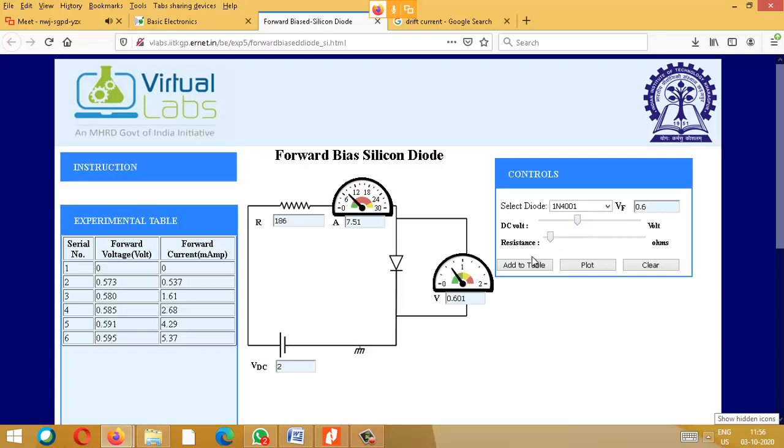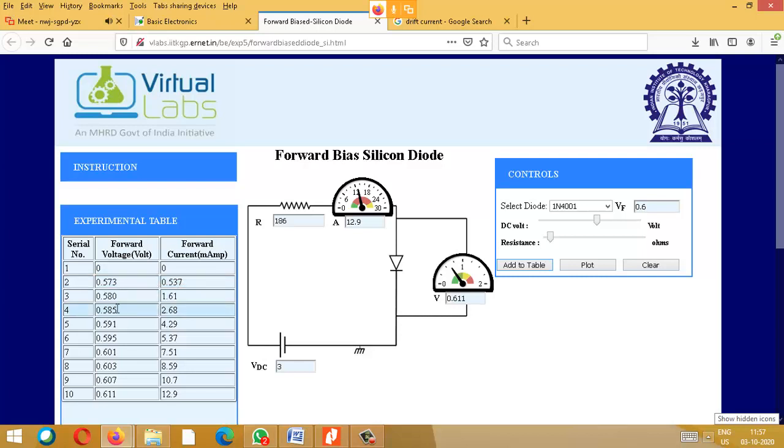I am doing this just to plot the graph. We have to plot the graph for our experiment, so gradually increase your input side voltage. You can visualize it: it started with output current as 0, then till it crosses around 0.5. Beyond that it has started, and this is a very small current, 0.5 milliamps. Don't think of it as amps, it is 0.5 milliamps. In other words, it is a very small current.